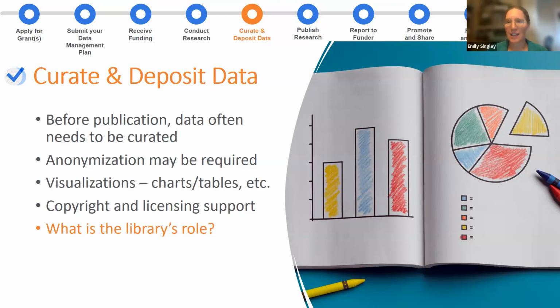And I can say that I think, again, this is an inflection point where the libraries really do often step in, and I think it's a great place for the libraries to step in, because often the repository, whether it's an institutional repository or a data repository, might be managed by the library. There might be requirements at your institution where researchers have to just deposit their data sets in their institutional repository.